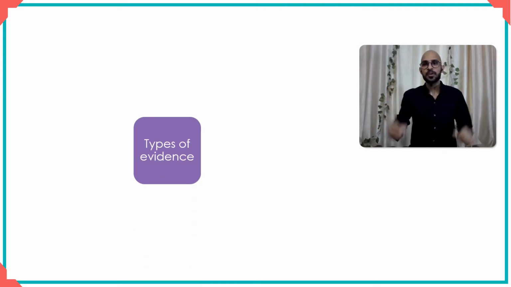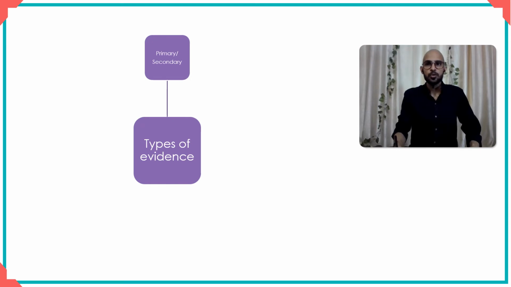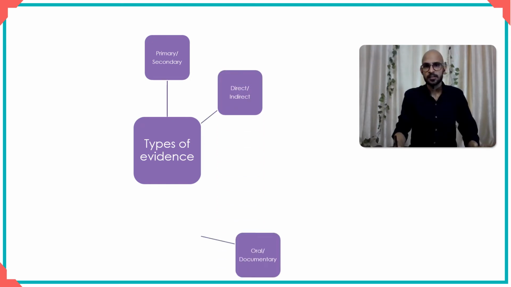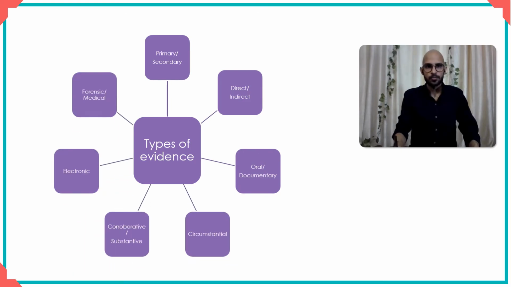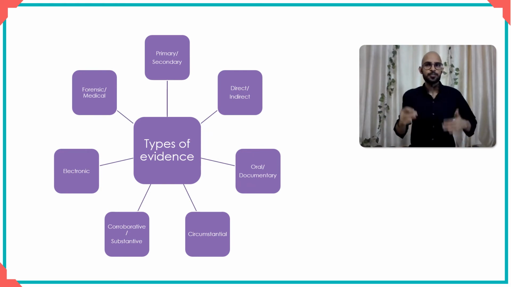So we understand two types. But when you see the topic of types of evidence and you open a book or look at any other source, you will find numerous types of evidence: primary, secondary, direct, indirect, and all of these types, right? You've definitely heard of several of these and many more. I will just briefly touch upon what these types mean and how you should understand these, and then of course you can go ahead and read them in detail. Also, in my later videos, I have discussed these in greater detail individually.